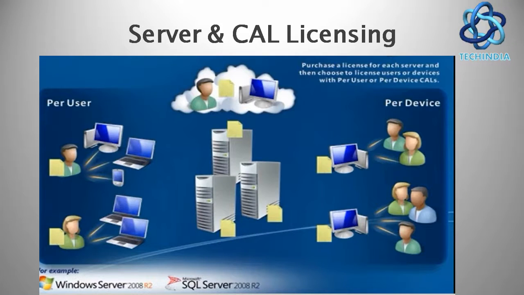While purchasing the server and CAL model, you can purchase either per user or per device. If you purchase based on user, what will be the advantage? I can use multiple devices because the license is based on the user. For example, I can use it for mobile, laptop, and desktop also. If you purchase a device based license, it will be used for a particular device. It will be fixed. You cannot use it for some other devices. But multiple users can use it. For rotational shift companies, it will be useful.